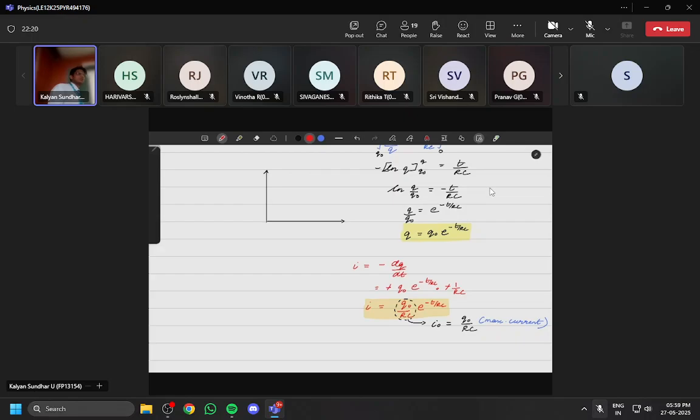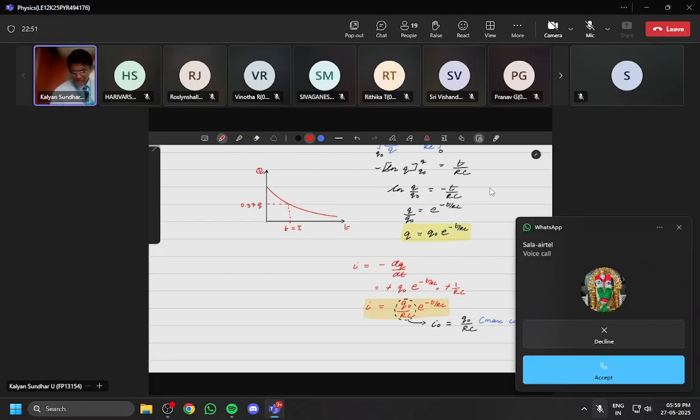Right, sir. So this is about your exponential curve, your charge versus your time. So it keeps on decreasing like this. Correct? Right? And when tau is equal to RC, that is at your time constant, when t is equal to tau, e to the power minus 1 comes. 1 by e is how much? 0.37. So at this point it will be 0.37 times your maximum charge, that is Q naught. This is a Q versus